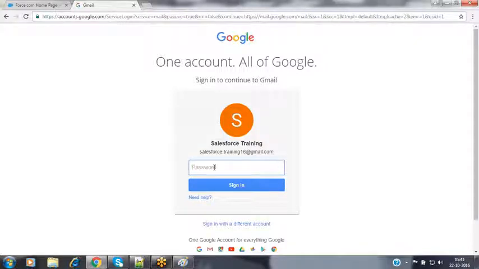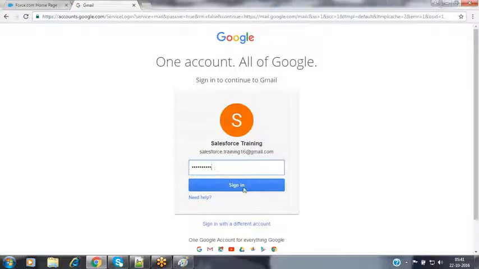Everybody can access some applications without any membership, without any proper credential, without providing our identity. But when coming to banking applications, finance related applications, and this Gmail application, we have to provide our identity by providing the username and the password. So now it is providing the login screen to us to enter into that application, so I'm entering my username. Now my username has been entered, I'm entering the password.